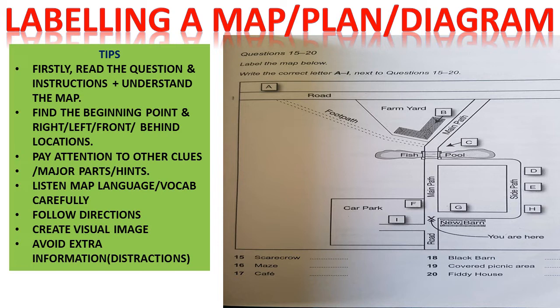And another is a bridge crossing the fish pool, and there is one location on the right of that. One location is in the farmyard and another is on the other side of the road, where you can see a footpath going there. In this limited time, you need to watch all this which I explained. Now I am going to play the audio. Along with that, I'll explain the locations and hints given by the speaker.